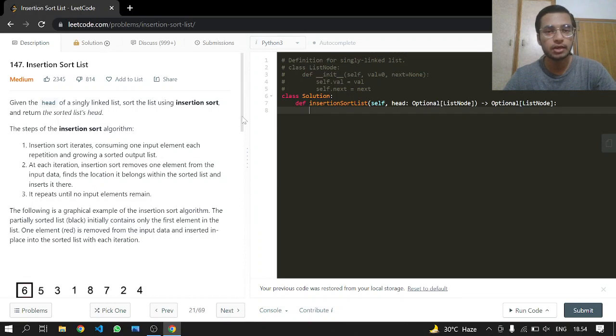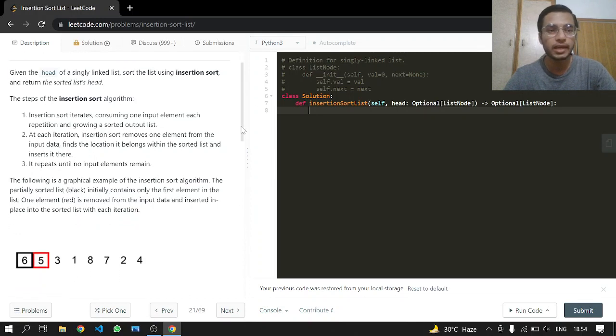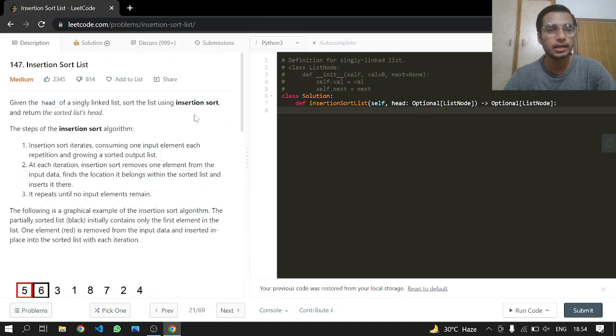This is a medium one. Given the head of the singly linked list, we just have to perform an insertion sort to it and sort the list in an ascending order and then return the head. So that's straightforward. So we will be having a dummy node